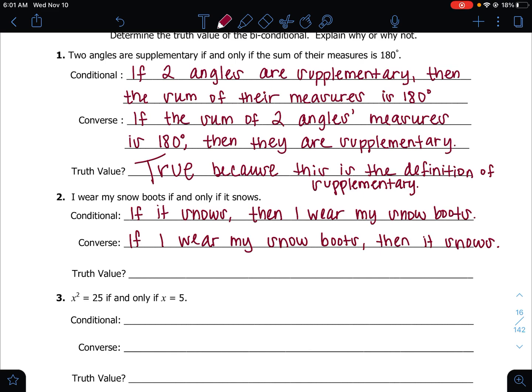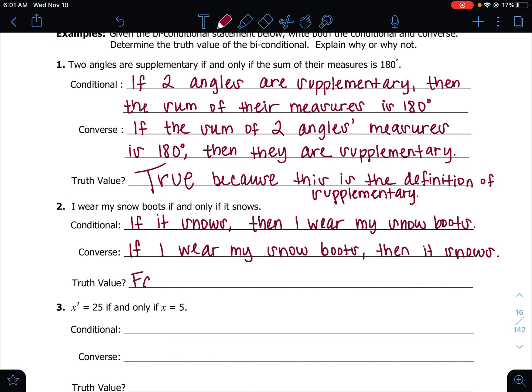Wouldn't there be a time that it would snow that you wouldn't wear your snow boots? Now, if I wear my snow boots, then it snows. You can put on your snow boots anytime you want. It doesn't literally have to be snowing for you to put them on your feet. So the truth value for this is false because